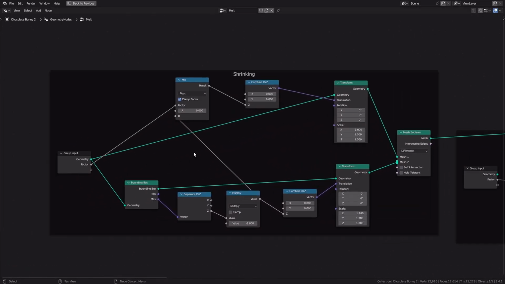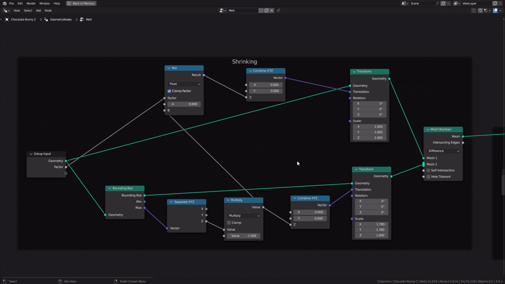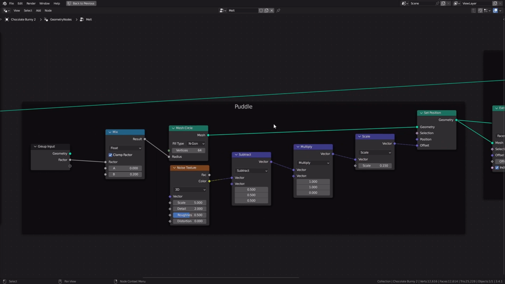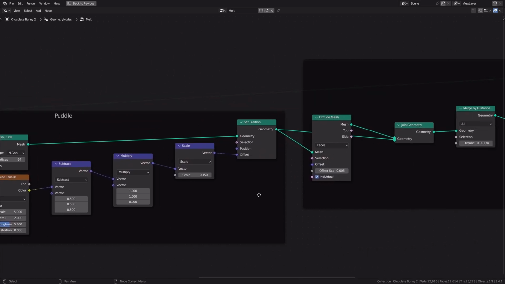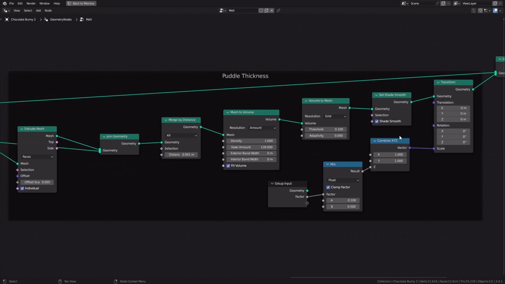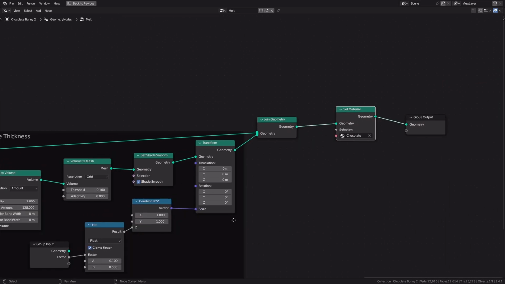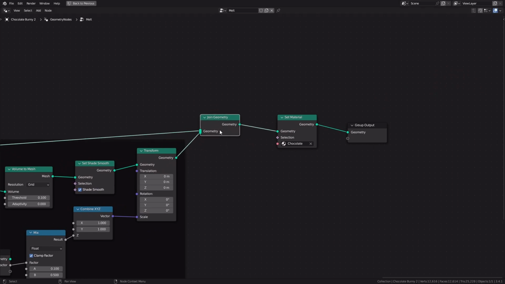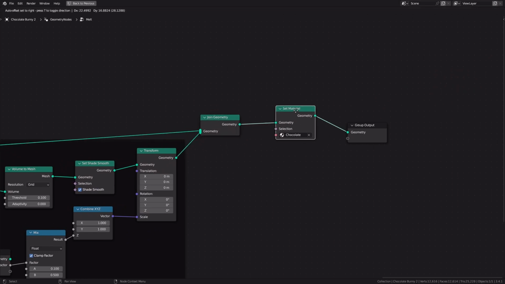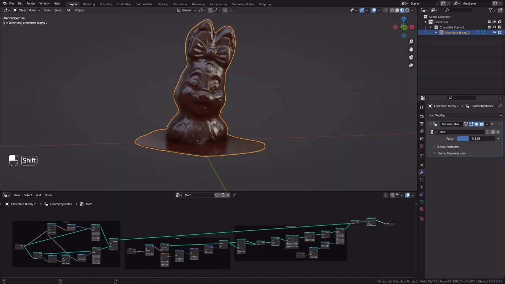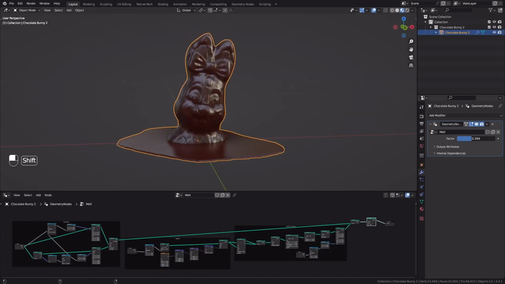So in the beginning, we created this boolean object in order to shrink our object and created this factor that we can use to control the melting of our object. Then we generated the puddle that grows as our object is melting and gave it a bit of thickness afterwards and made it smooth. Then in the end, we combined the puddle and our bunny and applied the chocolate material to our object. If you are interested, you can download this finished blend file for free with the link in